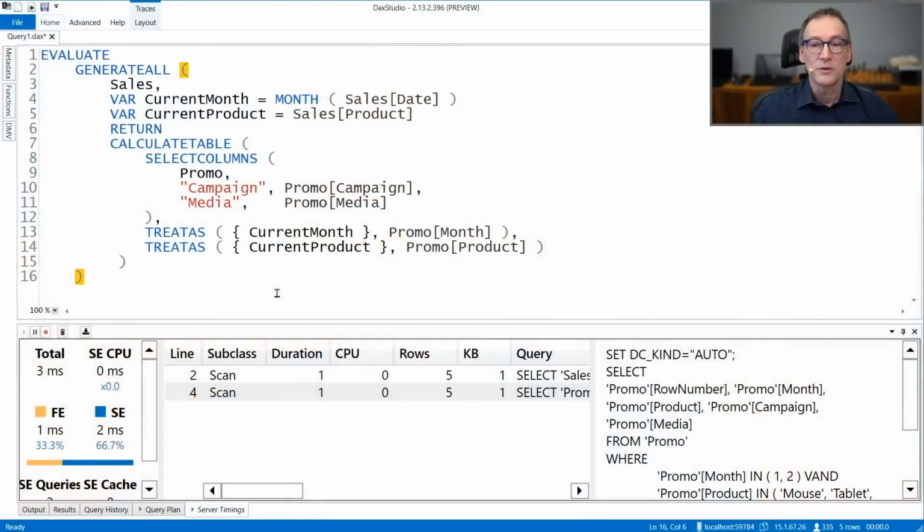Now, before we leave this topic, there is another way of obtaining the same result, because so far we mixed together different expressions. But we can do another operation. We can rely on a function named natural left outer join or natural inner join that is able to join two tables based on identical columns. So it takes two tables, scans them, and if the tables have columns with the same names, those columns are used to join the two tables, and then the result contains the full join of the two tables. That way, I will be able to look up multiple values and move everything into a single table. Let's give that a try.